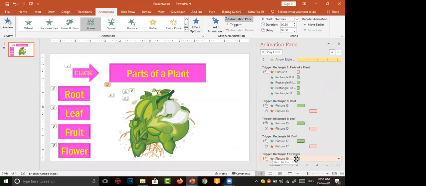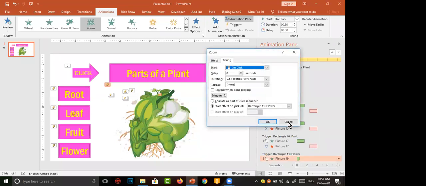I want to increase the animation time. So I move here, take timing. In timing, I want to give 1 second.